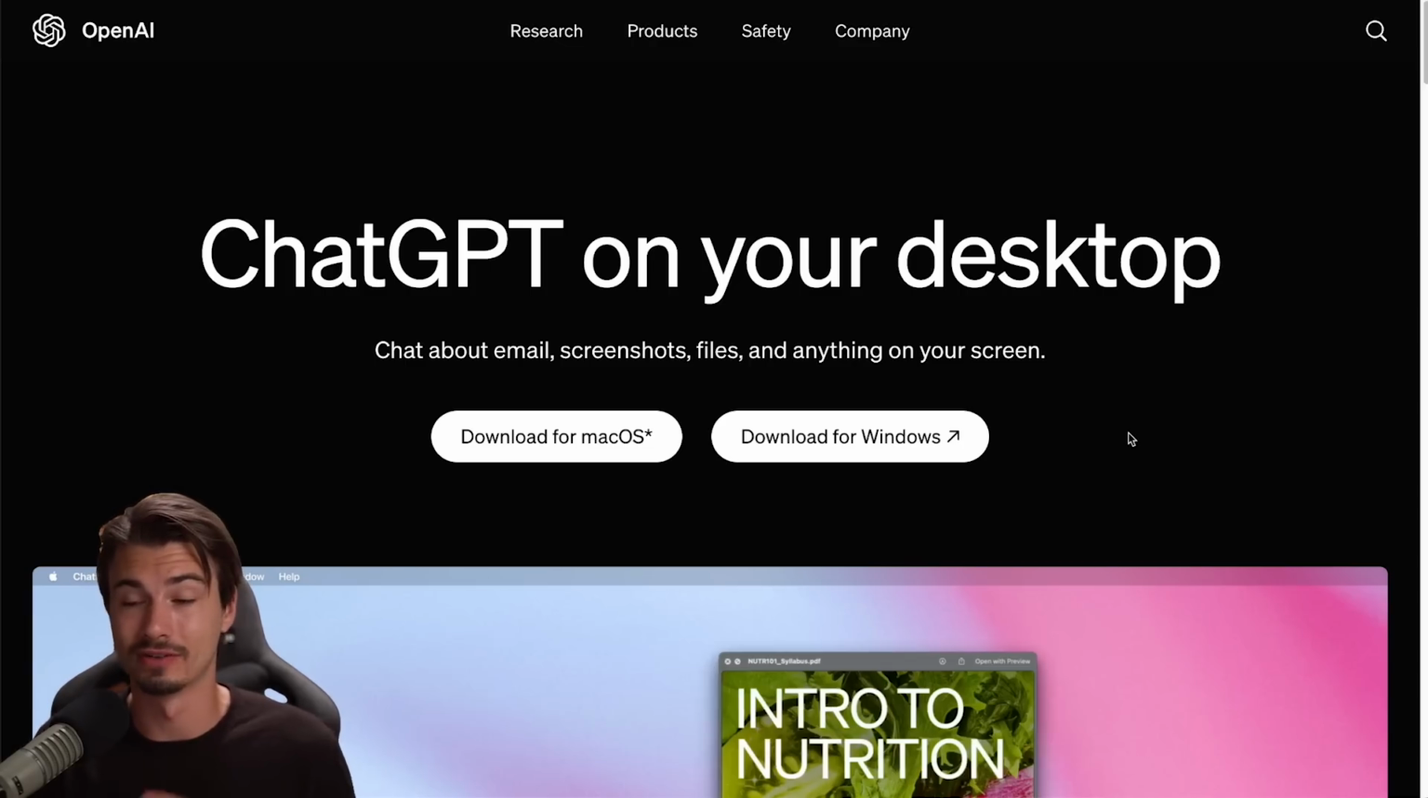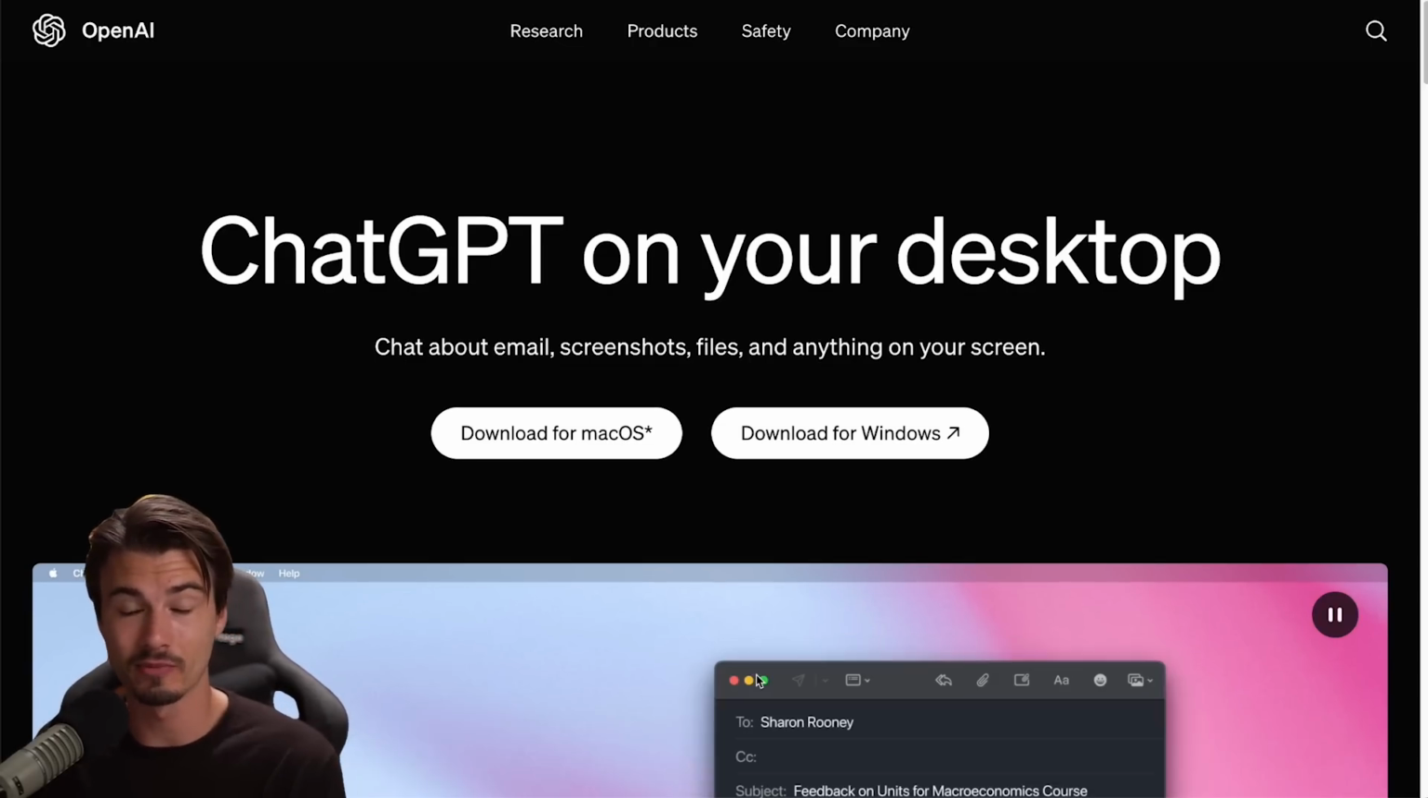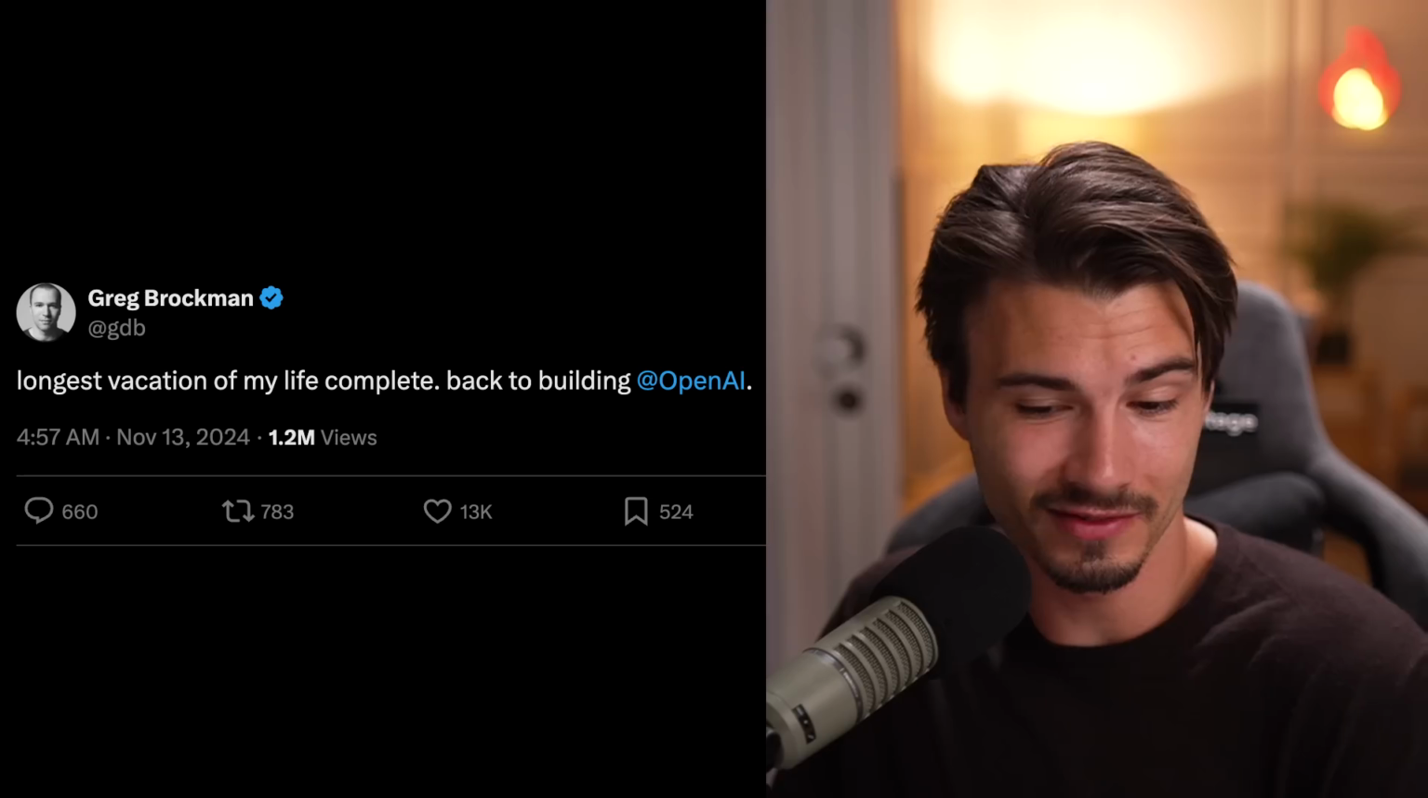Finally, they rolled this out so everybody can use the desktop app now. And I expect more updates to show up here very soon because not really news you can use, but I